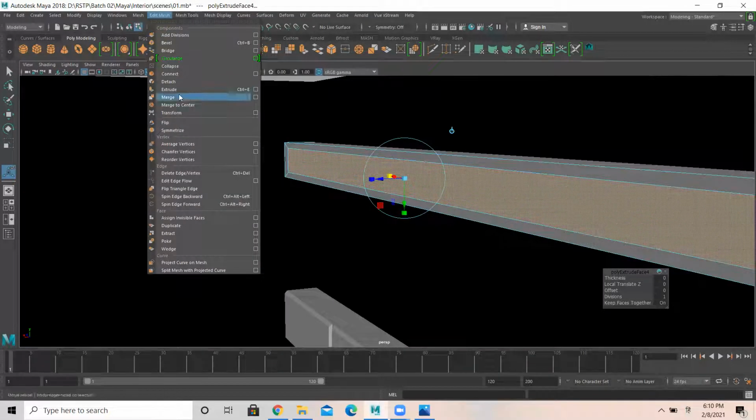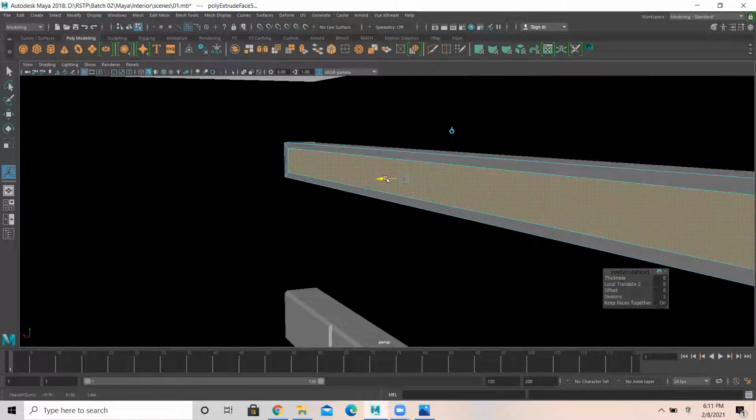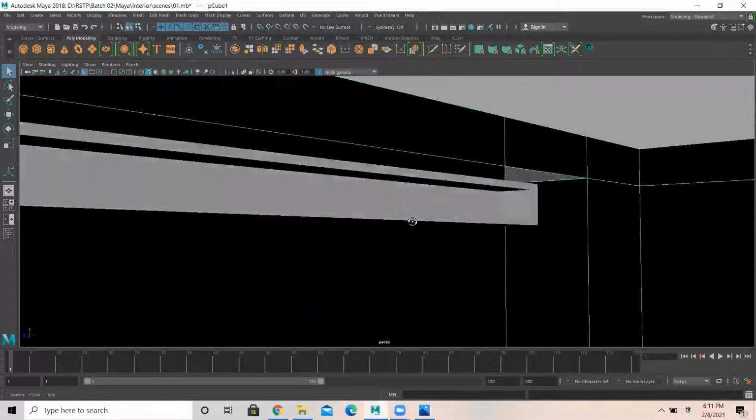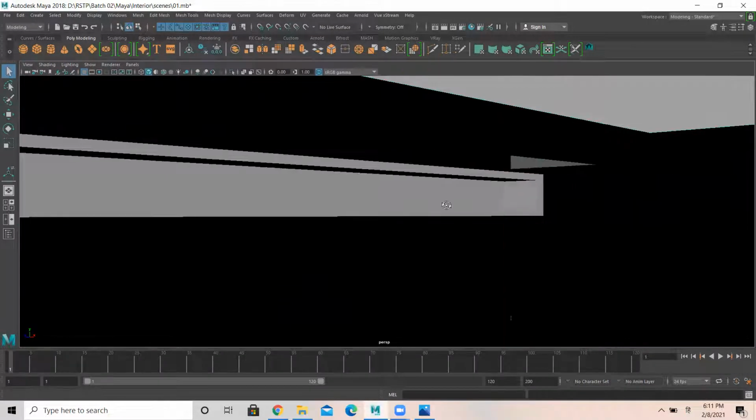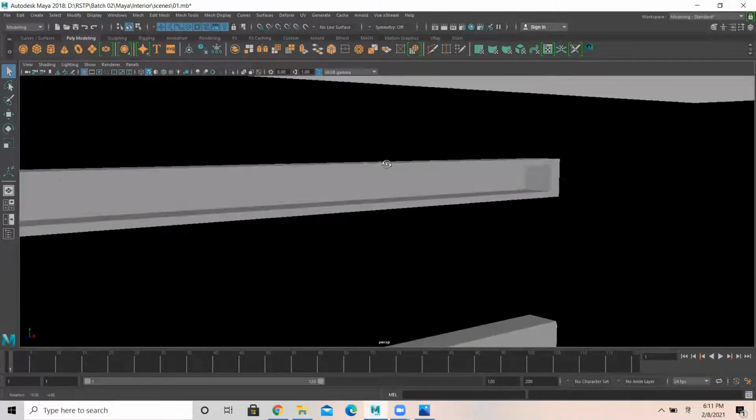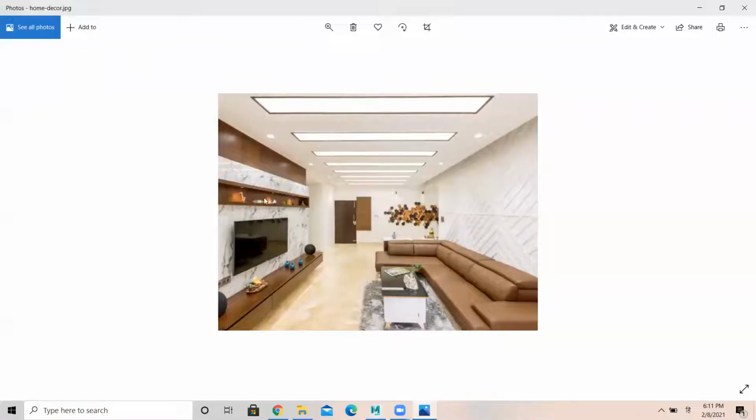Then again I extrude this inside. It's like this. See, you got some space to place artifacts. Okay. By looking at the video image you have to do. Okay, this is a place where you can place few artifacts. Okay. So we got a space. And if you see here, there's one more, it's kind of a marble or tile. Okay, where that kind of finishing is there. This is also of wooden formica you can call.